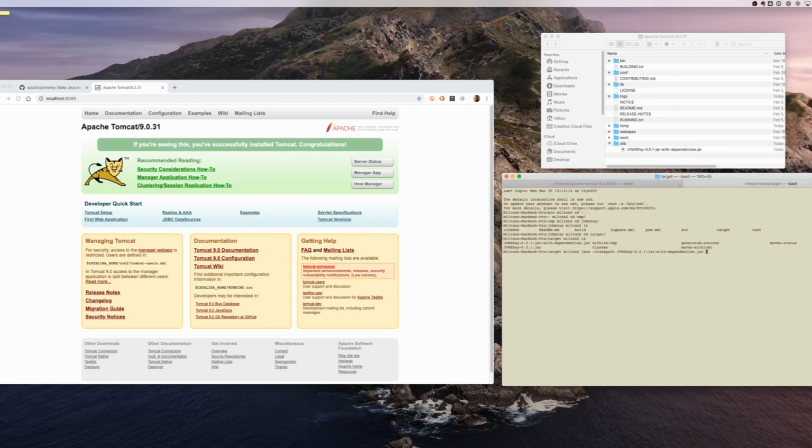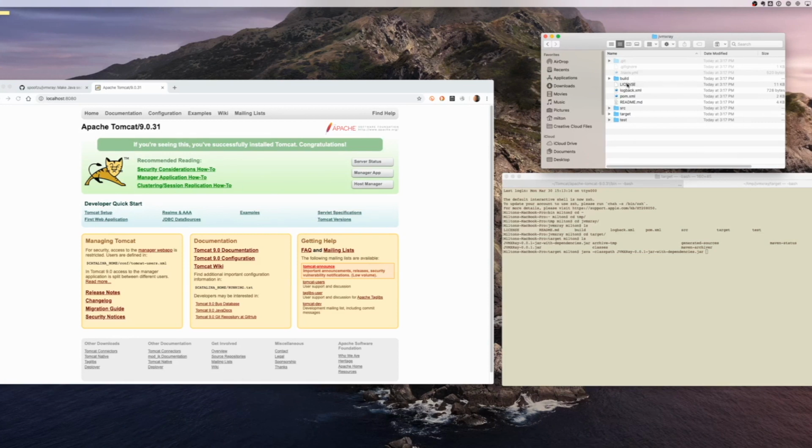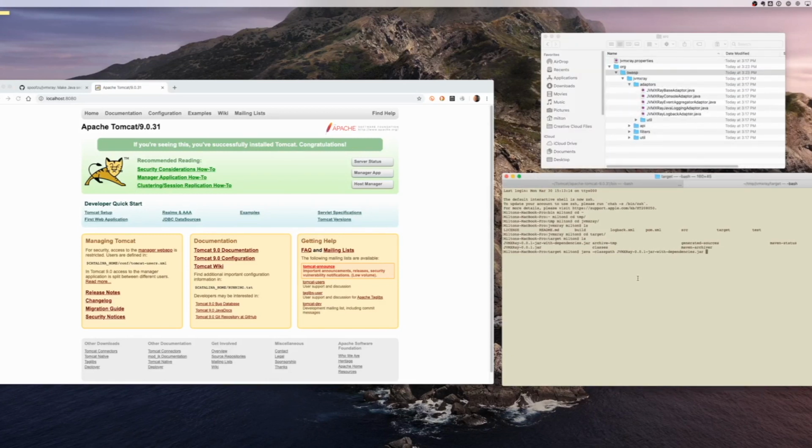JVMXRay jar with dependencies, and then let's give it the name of the class file here. In the code that we downloaded, what we're going to do is run the console adapter. So I'm showing you how to do that. Just to make sure I got the right class name here,